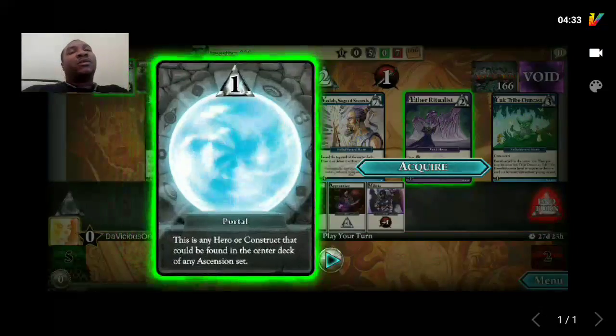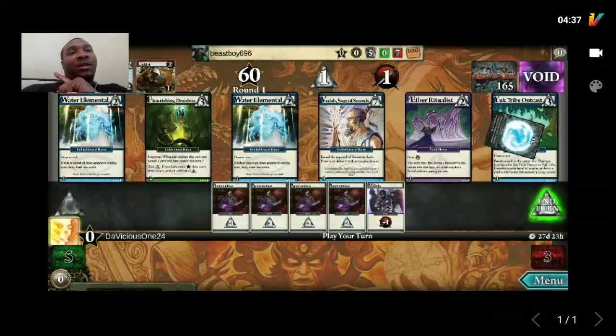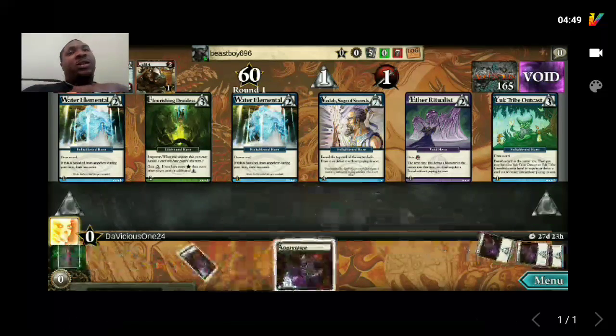Bro, I'm just talking about the first turn. Oh, no, you didn't. Okay, so this is what you did. I'm going to tell you what you did. Instead of buying the Water Elemental right away, you went for the Portal for one. And the Portal really didn't get you anything. It got you some bad card. Now, of course,